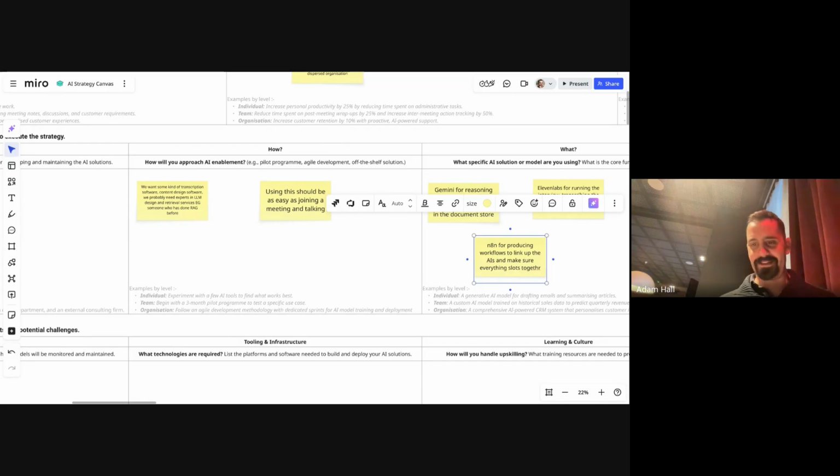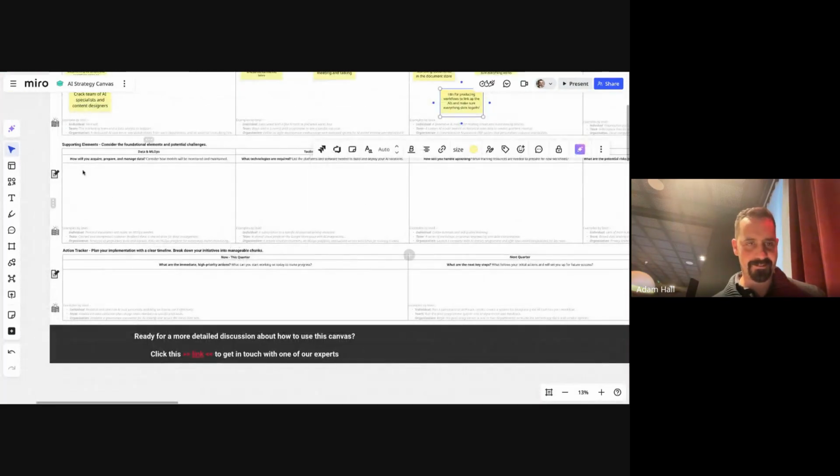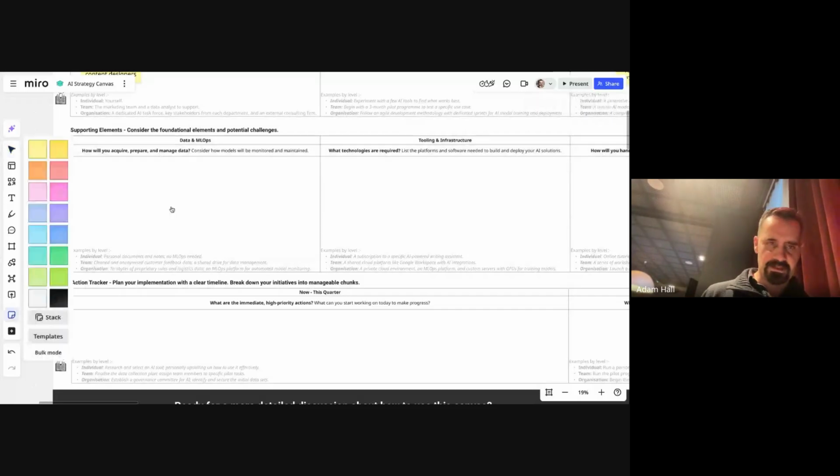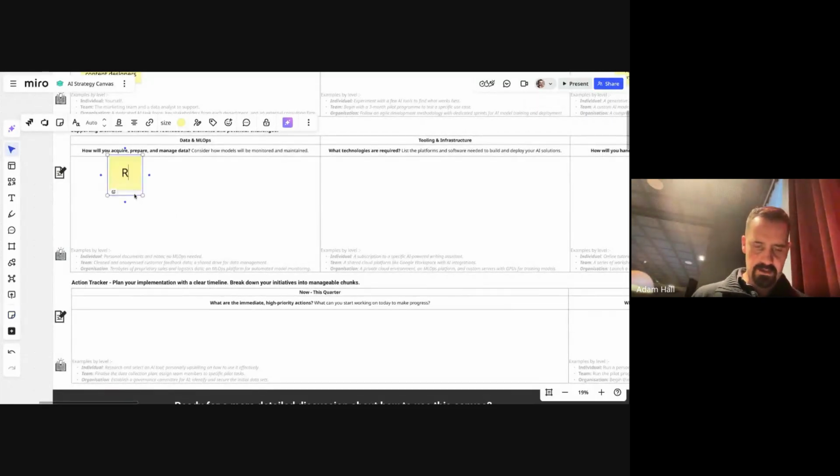All right, cool, excellent. I'm on it. 2 minutes left. So I still have 5 quadrants to finalize. So how will you acquire, prep, and manage data? Well, acquisition of data is actually afterwards, but I do think we should probably do some user testing. So run some user tests on existing projects to make sure everything works properly.